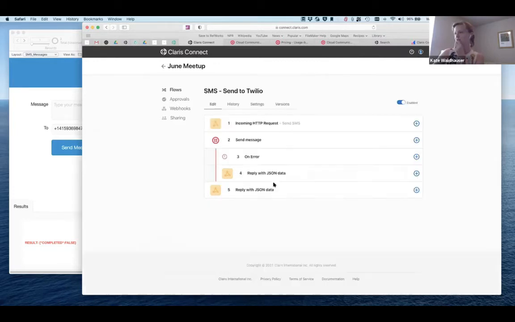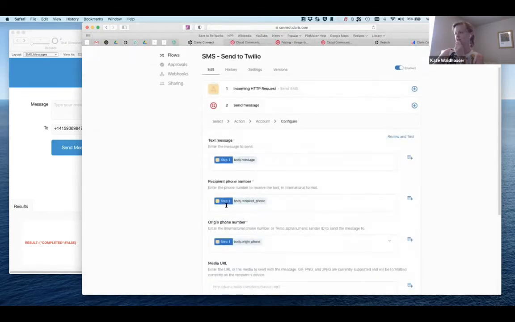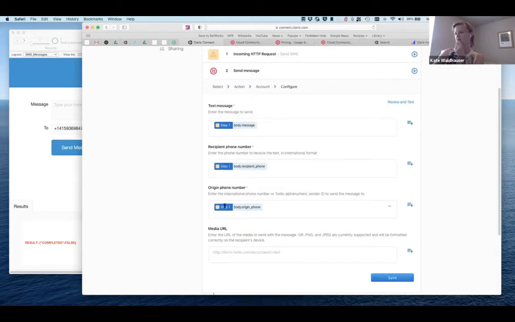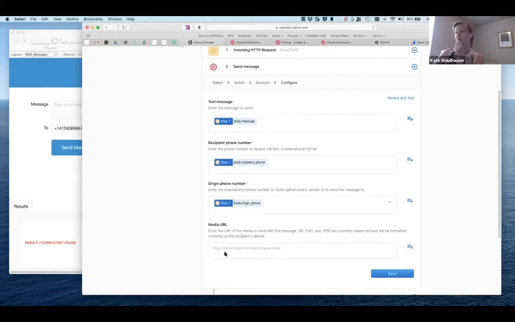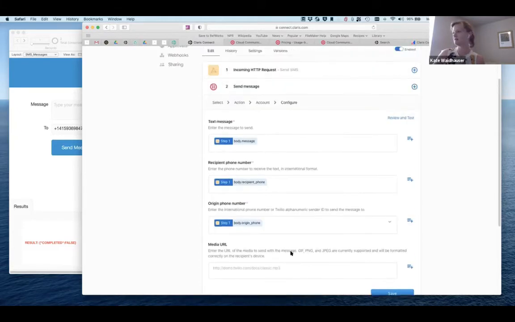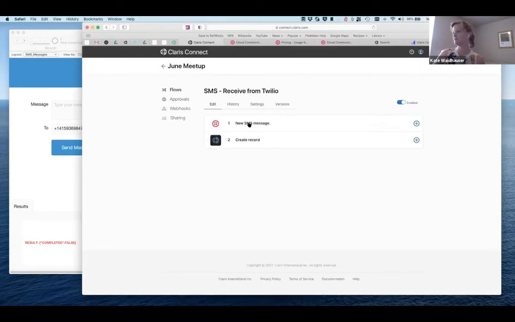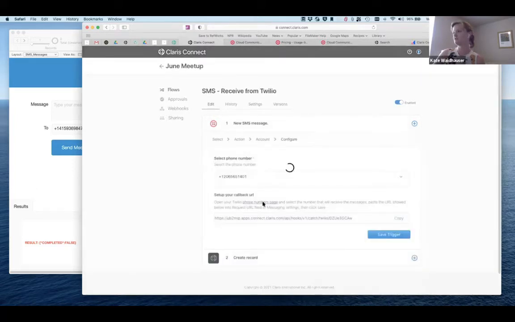Let's start with send. When you send, the fields are the text message, who you're going to send it to, what phone number you want it to come from, and you can also attach an image if you want. Then to receive it, this is the trigger coming from Twilio when a new message is received.